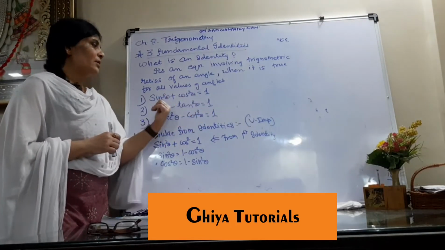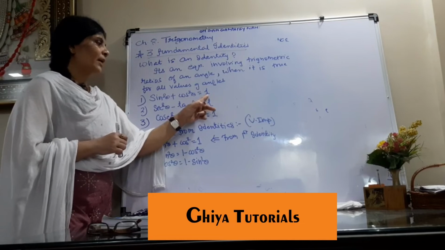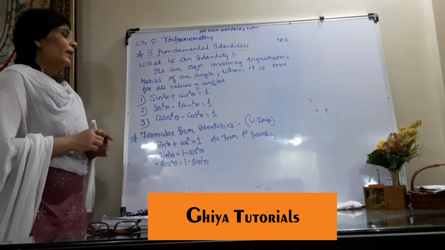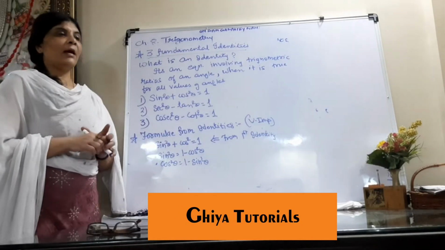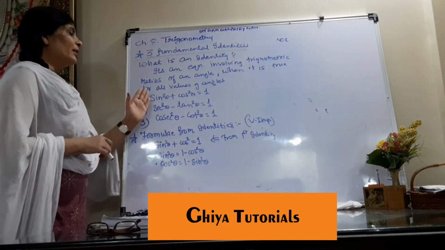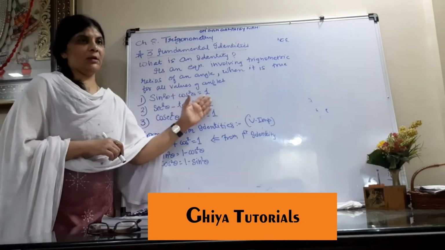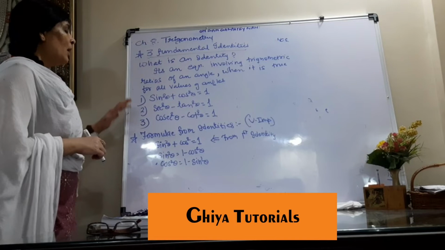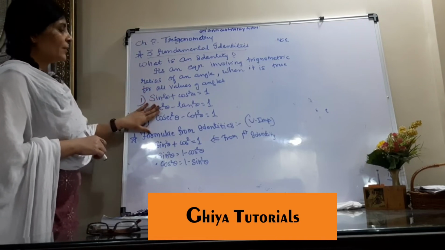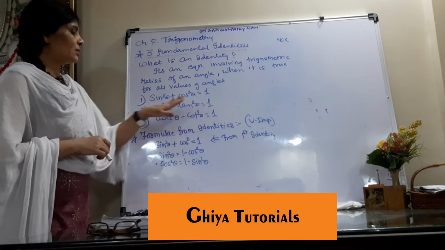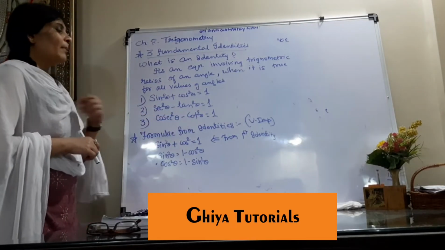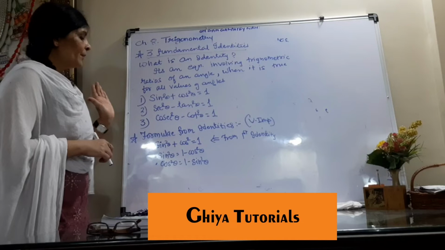It can be reciprocated even. Whenever you see 1 in the sum, you can write for it sin square theta plus cos square theta. So it depends on the type of the sum and requirement of the sum, when to keep sin square theta plus cos square theta equals to 1 and 1 equals to sin square theta plus cos square theta. So now you see students, sec square theta minus tan square theta equals to 1, cosec square theta minus cot square theta equals to 1. By hook or crook you have to memorize it.